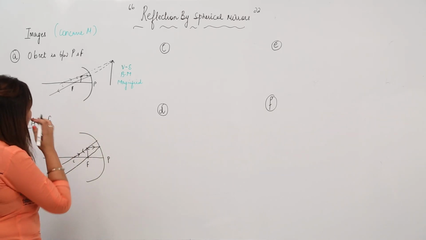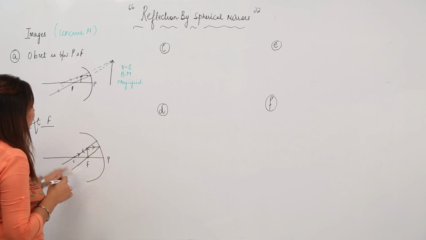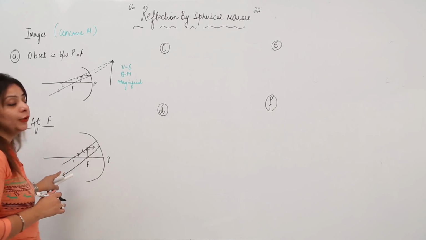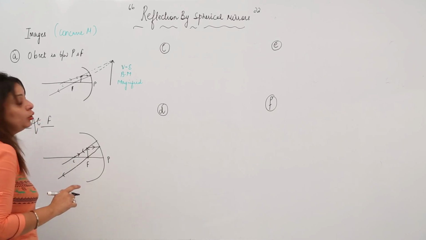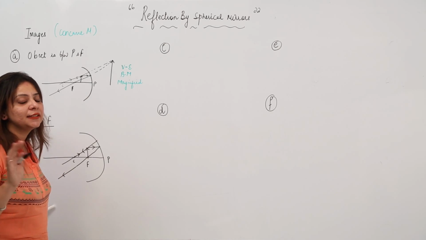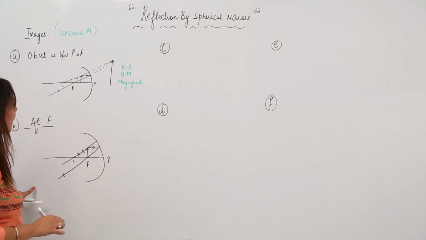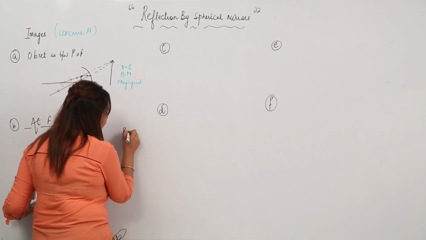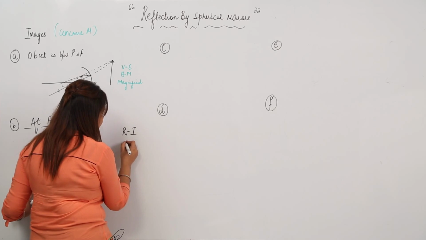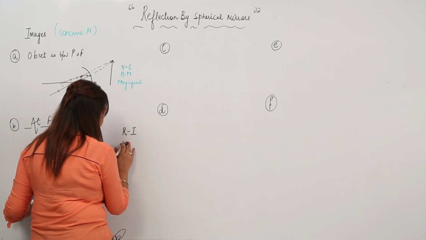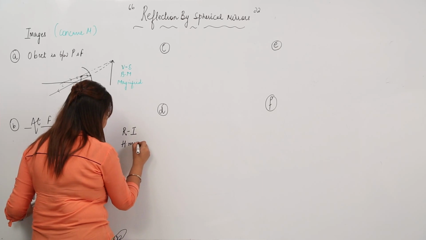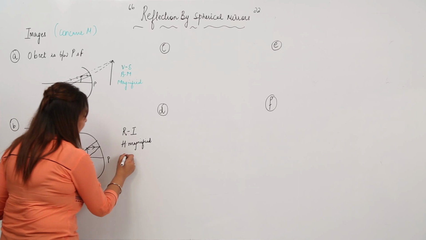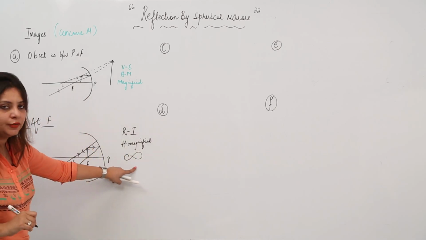Now whenever we make these rays, we will see that though they are parallel, they are going to meet at a certain point at infinity. We do not know how far that point is. So we say these two parallel rays are going to meet at infinity. Because they actually meet, the image is real, inverted, highly magnified, very big in size, and it will form at infinity. This is the sign for infinity which we use.